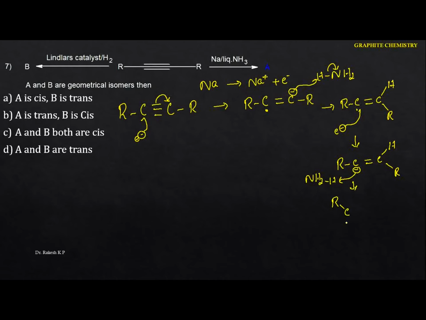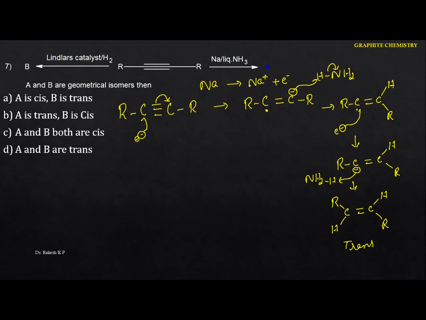This is the R, this is the H, and here this is the double bond. This is the H, and this is the R. Just identify this one. Here we can identify the addition of hydrogens to the alkyne. The product you are going to get is the alkene. See, the hydrogens are on the opposite sides, hence we are going to get the trans isomer.